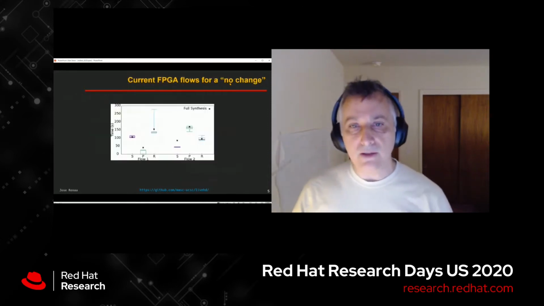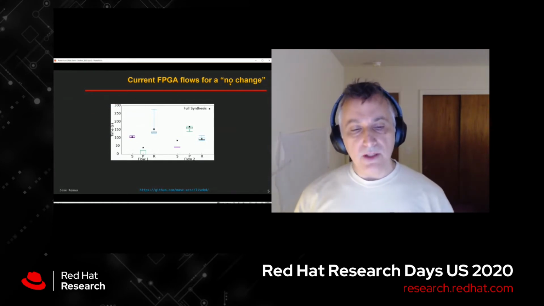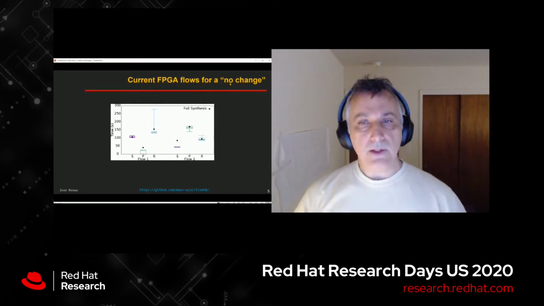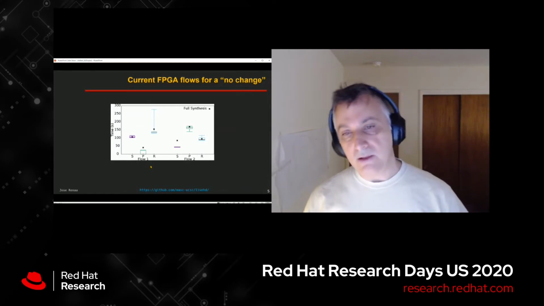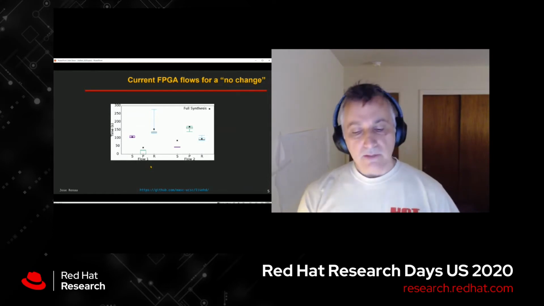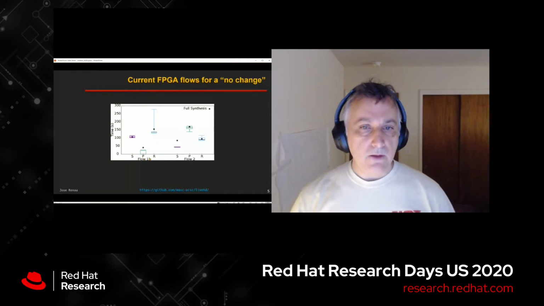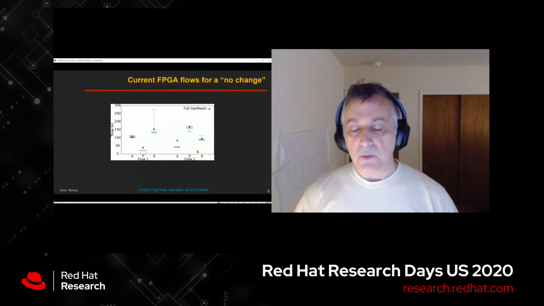Clearly, it's a waste. Now, in the FPGA domain, there is a little bit of incremental compilation. By incremental, it means that you do a small change, then you can see the results without having to redo everything. And these are two of the commercial flows. Flow 1 is one of the Altera flows, and Flow 2 is another. And usually when you do the FPGA flow, you go through three main steps. You do synthesis, you do placement, and you do routing. Sometimes it takes more time, sometimes less, but that's the idea.